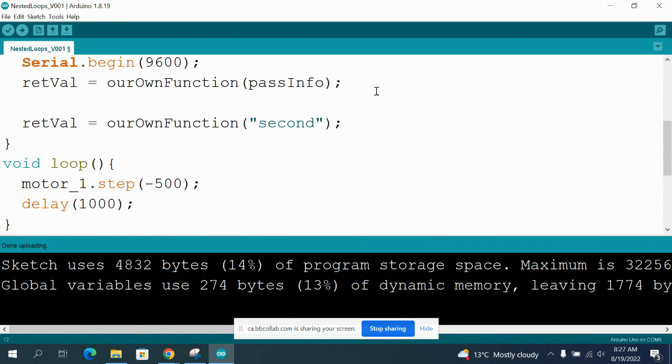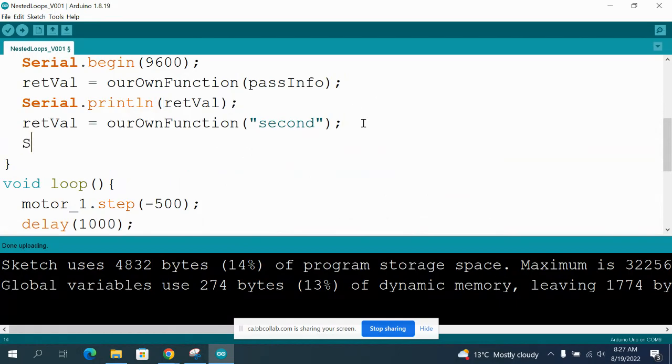So I'm going to say Serial.println, and then I'm going to say retval. And over here, Serial.println retval. Now, the values will differ because of the input.